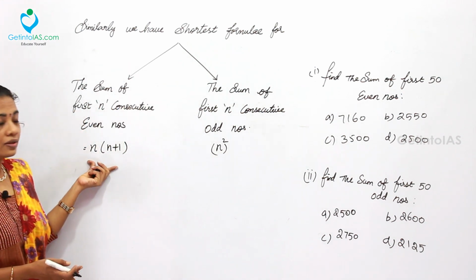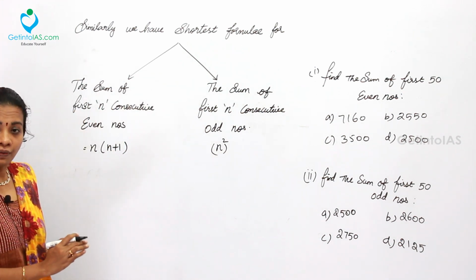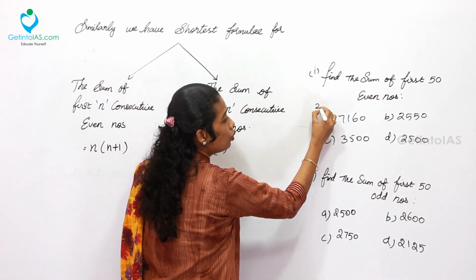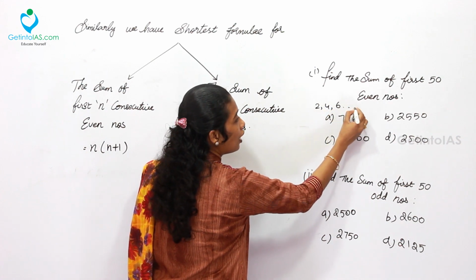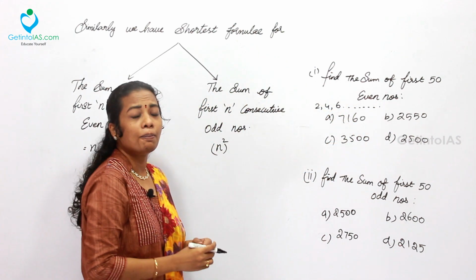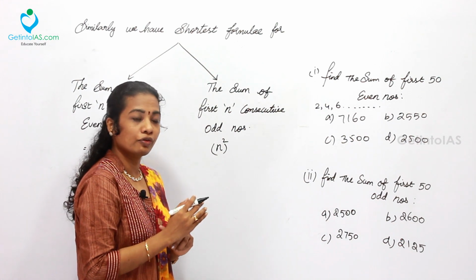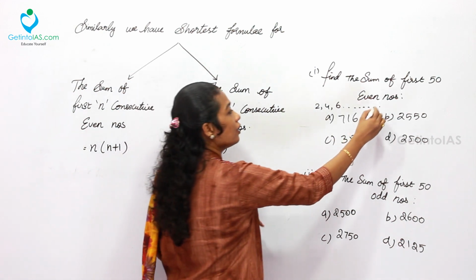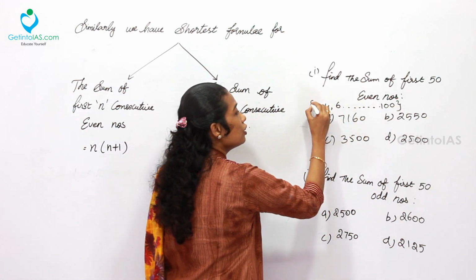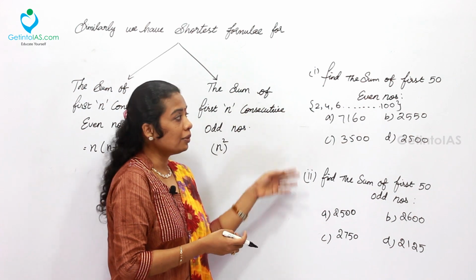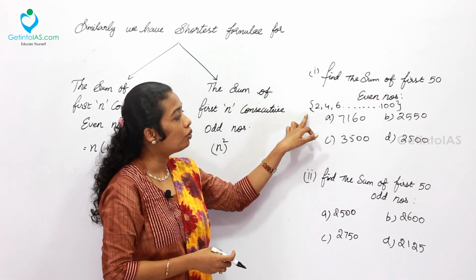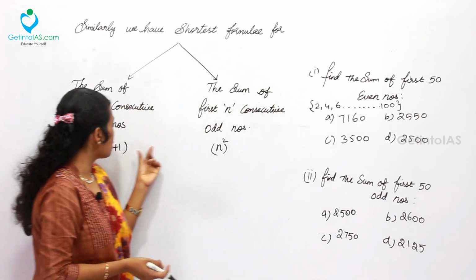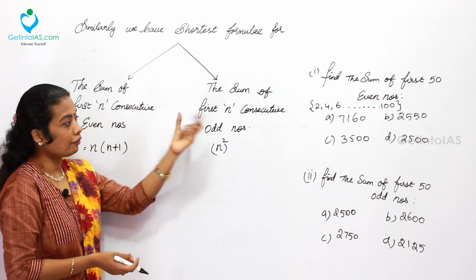So what does the condition say? Here the series range is not given at all. So first 50 even numbers means the range would be 2, 4, 6 up to the 50th number, which we are not able to find out directly. But using logical analysis we could easily say it is going to be 100. In a competitive examination you may not have time to mark this range, so to give the direct answer, you can simply take this formula and find the answer.